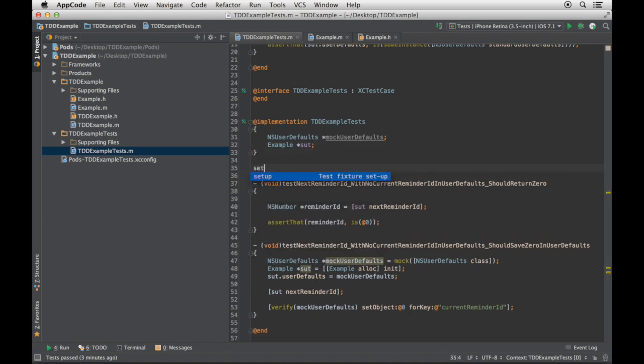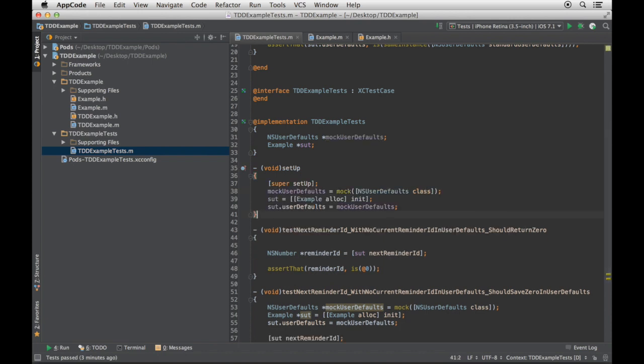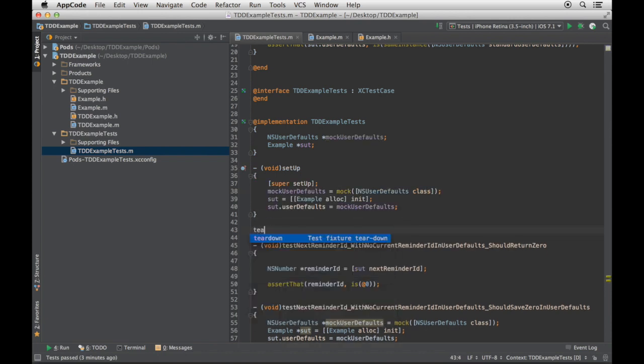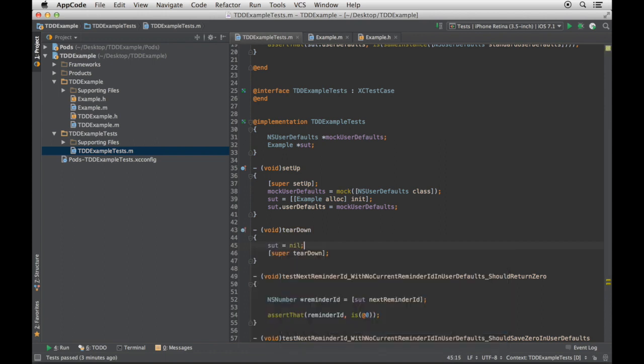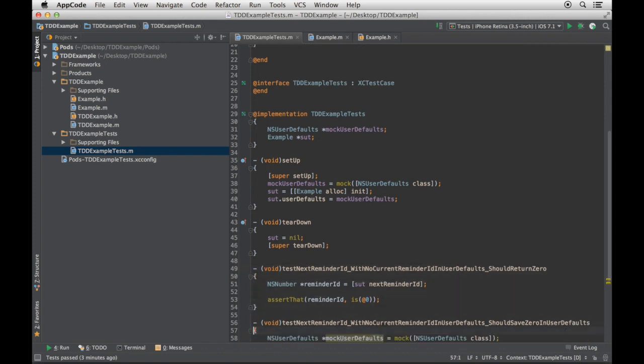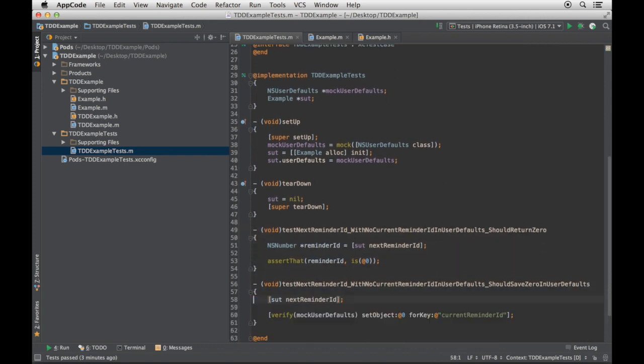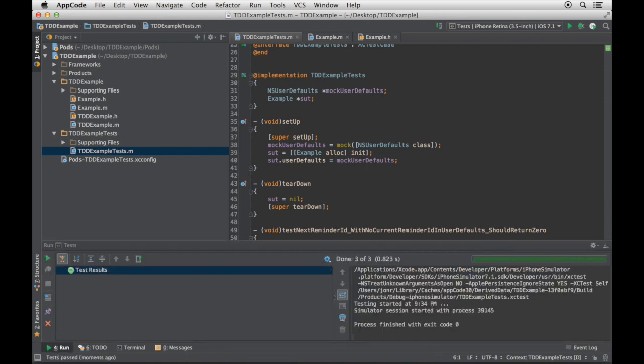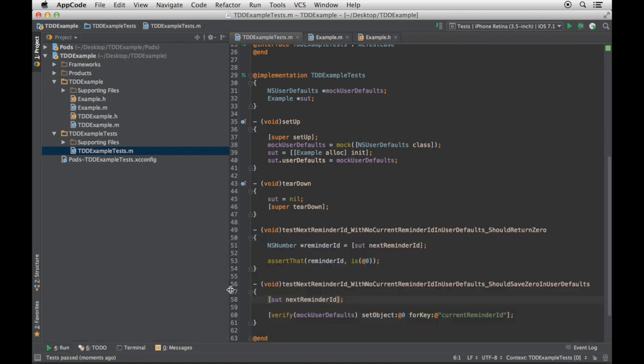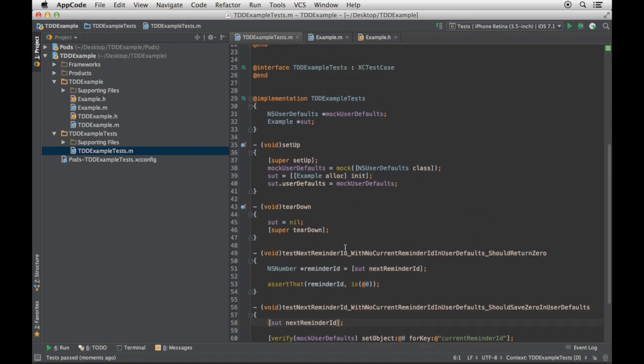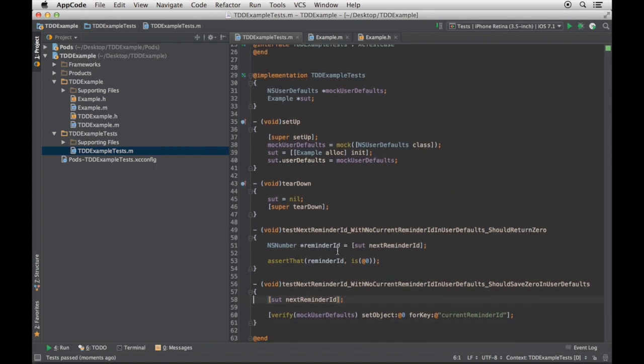Let's put this in a setup like that, and a corresponding teardown to get rid of the SUT. I don't care about the mock. And pull out the common code. Refactoring, remember, you must start in green and end in green. Here we go. And we are good. All right, so I think I'm going to stop there because that's enough to show you some really, really cool stuff.